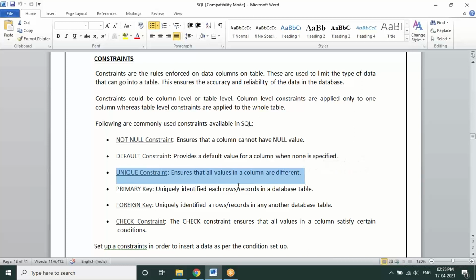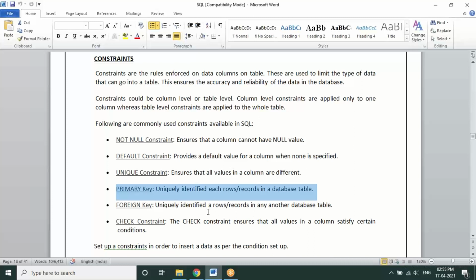So next is a primary key. Most of you might be aware of this primary key. A primary key is assigned to a particular column of a table, which ensures that a combination of not null and unique constraint is created as a primary key. So generally, no duplicate values, no repeated values, or no null values in a particular column, we generally give it as a primary key. For example, our Aadhaar number, PAN number, bank account numbers, phone numbers, all these can normally be created as not null and unique values, which we can create as a primary key.